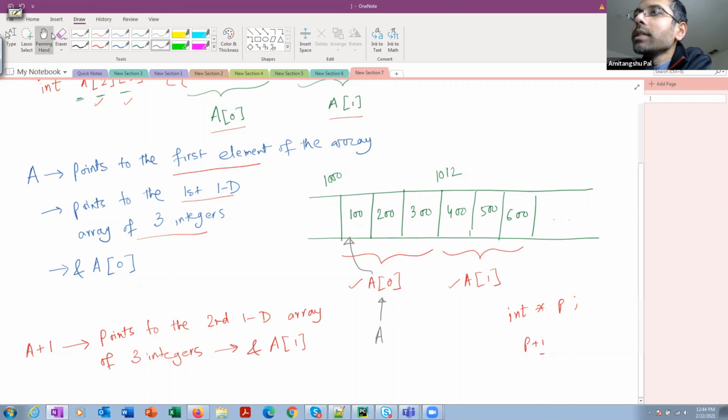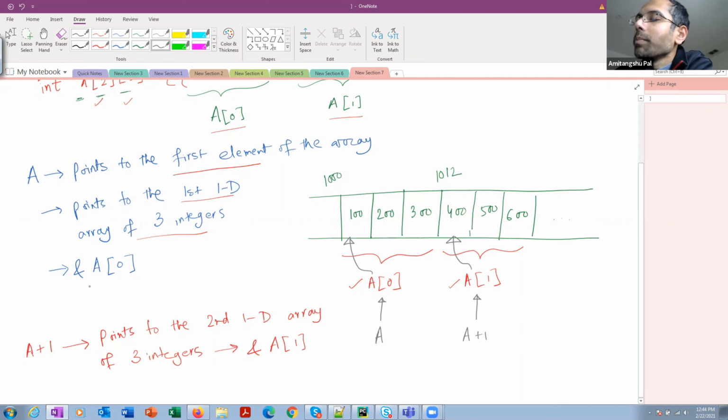Alright. Similarly, let me erase this portion. A plus 1 points to the second 1D array of 3 integers, and A1 is basically the second array. That means this will point to the first element of that second array of 3 integers. Clear? That means A points to A0.